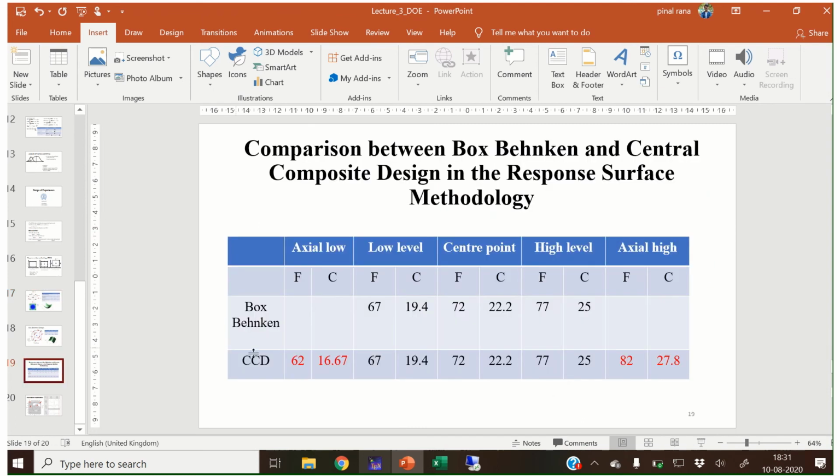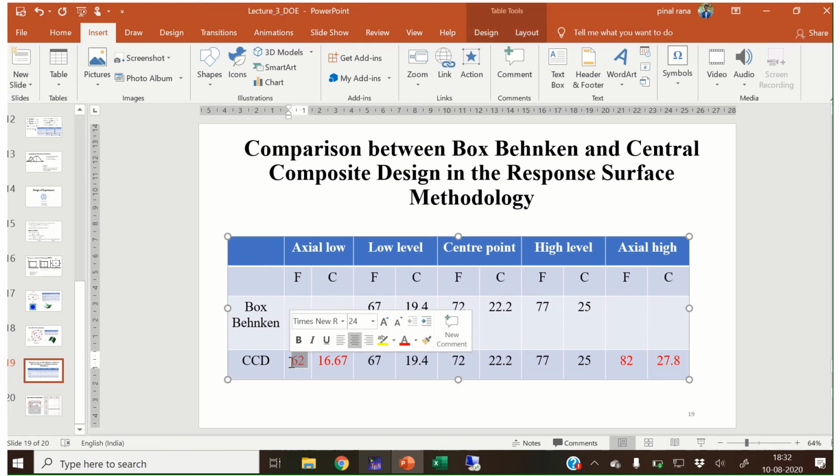So based on that you have to just create a formula. Suppose we don't know this value, then you have to just take a difference of that. That's 72 minus question mark divided by 72 minus 62 is equal to 1 by 1.68. Okay, so that will give you the 67 value.